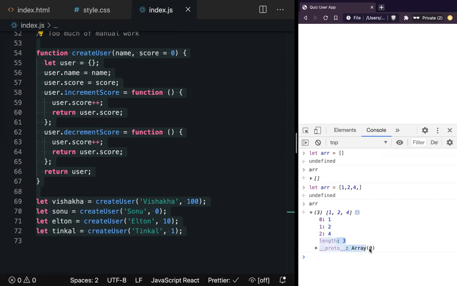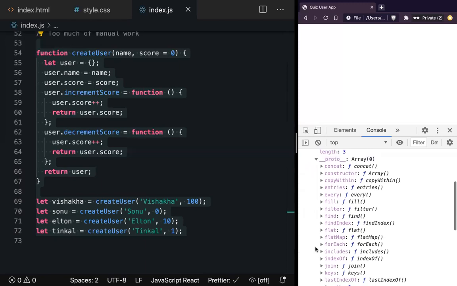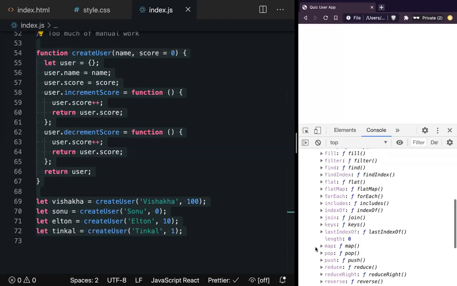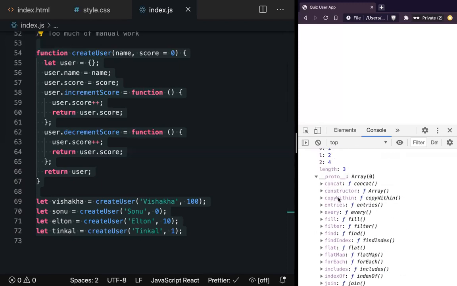The reason is that this is known as the secret life of an object. This is the real life of the object, but this one is a secret life that we don't know. And that is what we are trying to understand in this class. So think about where this dunder proto is coming from. Inside that array, yes, but where does it exist?